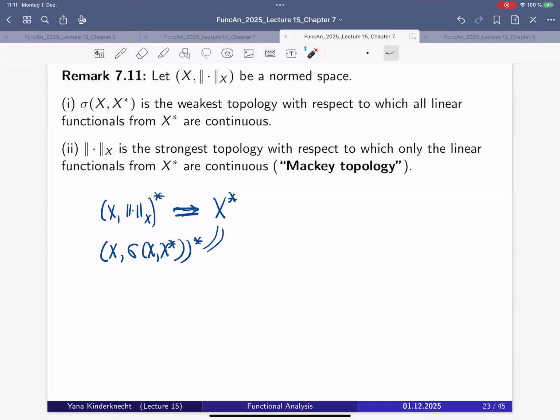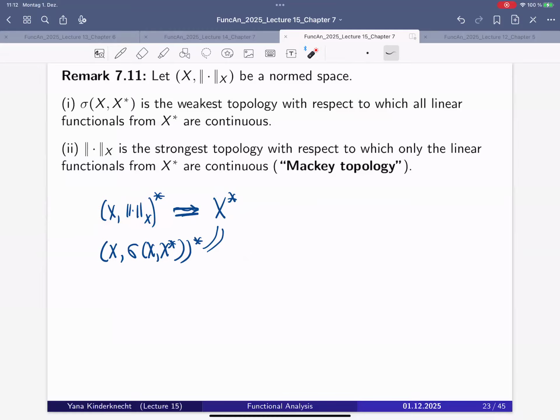Of course, if you weaken the topology, you lose elements from topological duals, because the smaller the set of open sets here, the more difficult it is for a linear functional to become continuous. So the weaker the topology, the smaller the topological dual, and vice versa. The stronger the topology, that is, the more open sets we have in X, the easier it is for linear